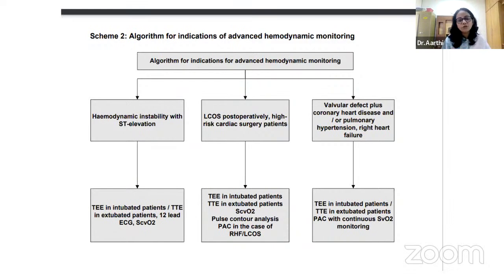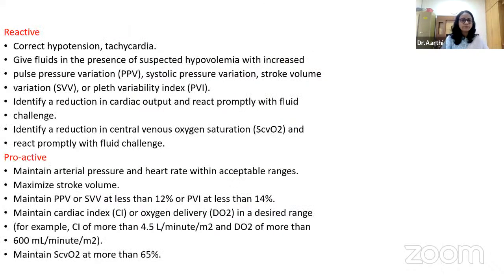And if they further go for right heart failure or low cardiac output states, it becomes more and more complex, then the pulmonary artery catheter has its role in these kinds of patients. In valvular defects, coronary artery disease, pulmonary heart, complex patients, pulmonary artery catheters play a major role in assessing hemodynamic monitoring. So how do we, either you can be a reactive person or a proactive person, to assess and